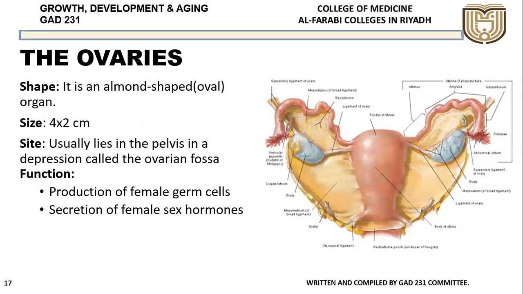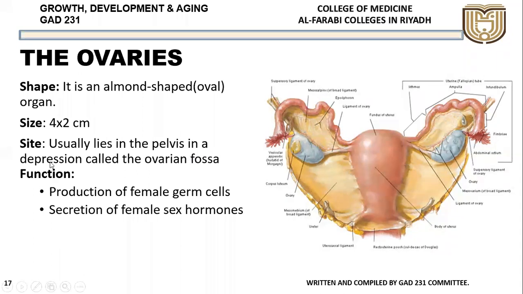Now coming to the main primary organ, just like in the case of the male, that is the testis, in the female it will be the ovaries, which are the main primary organs. These are the blue colored structures on either side. It is also almond shaped, very similar to the testis in outside appearance, and even the size is almost the same, 4 by 2 centimeters. But this will lie in the pelvis. In the male it is in the scrotum, but in the female it will be in the pelvis in a depression called the ovarian fossa. Behind that, this peritoneal fold will form a fossa called the ovarian fossa.